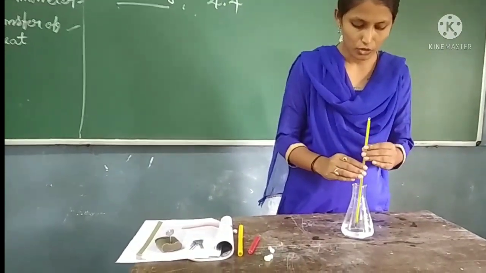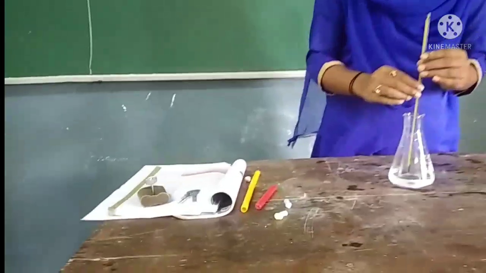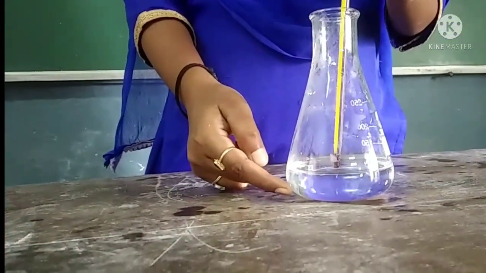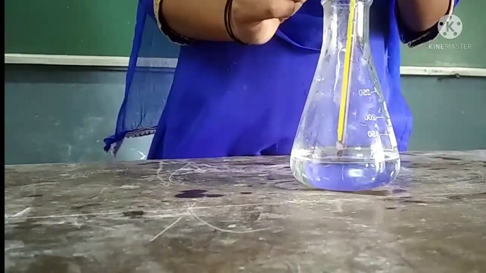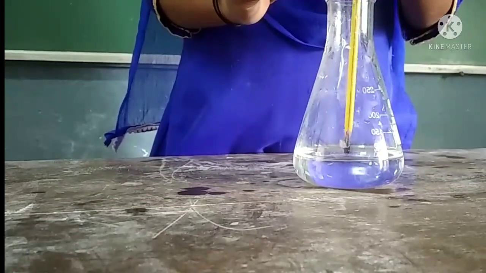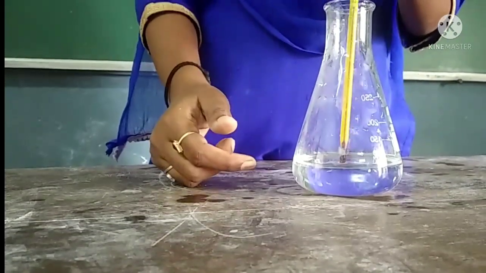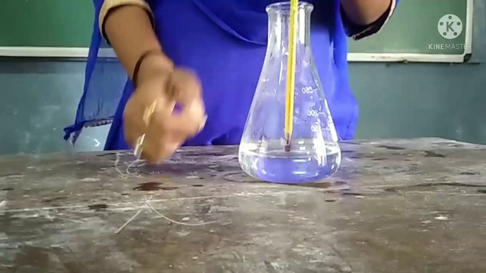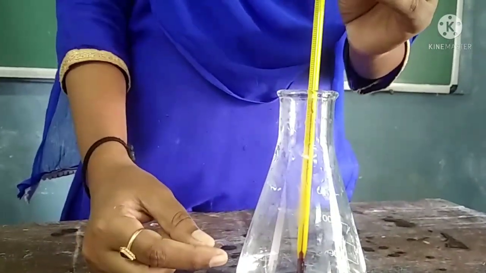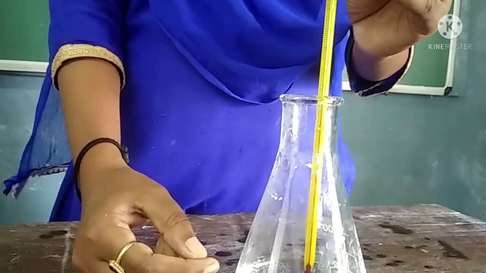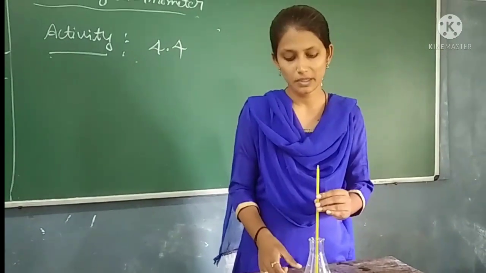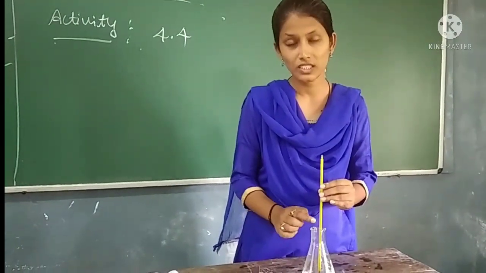Dear children, you have to notice that when you keep the laboratory thermometer in the flask, it should not touch the bottom and the side of the container. In this manner, you have to hold the thermometer in a vertical position. Now you have to check the reading. The mercury level will rise slowly. Wait for a few minutes. Here you have to notice the temperature of the tap water by looking at the reading.